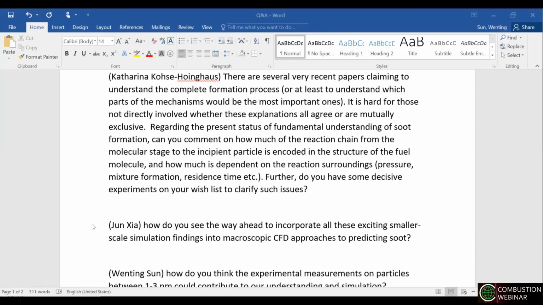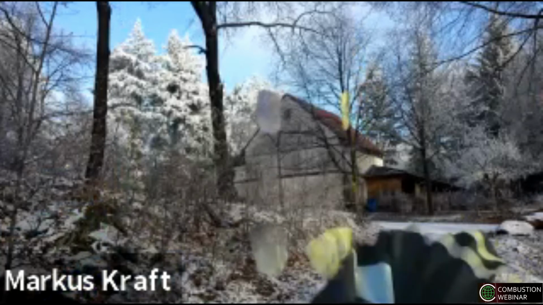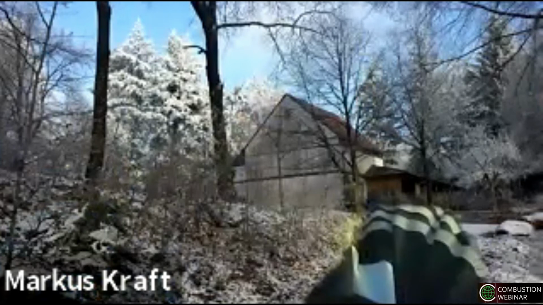The following question is from Junxia, one of our panelists. How do you see the way ahead to incorporate all these exciting smaller scale simulation findings into macroscopic CFD approaches to predict soot? This is a good question. If we were to identify the mechanism correctly, which we haven't identified at the moment, if we also then were able to quantify this mechanism, if it then turns out that you can reduce the model accordingly,